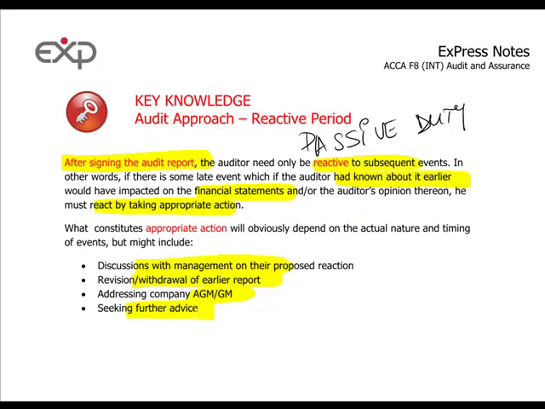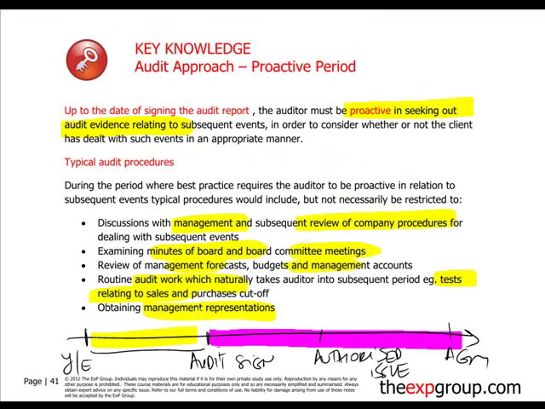Further actions, as we just discussed in the active duty, if you go back to the active duty, actions that the auditor should take: probably she should discuss with the management and ask them to revise the financial statements. If the client updates the financial statements, the auditor can give, obviously if there are no other considerations, a clean audit report, an unqualified audit report. However, if the client refuses to change the financial statements, the auditor must qualify the audit report.